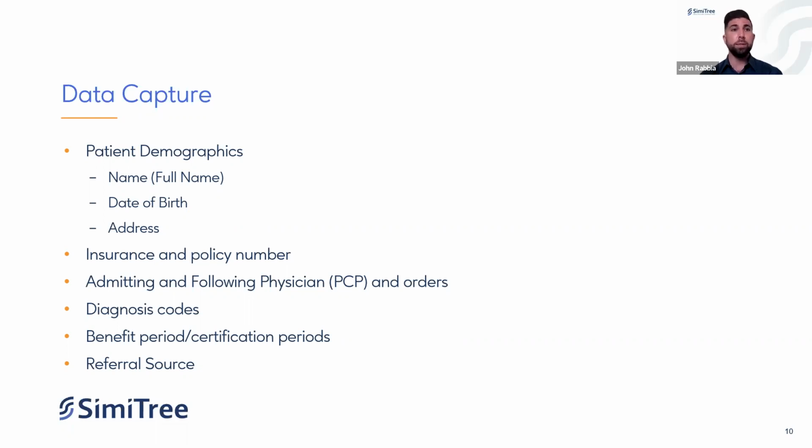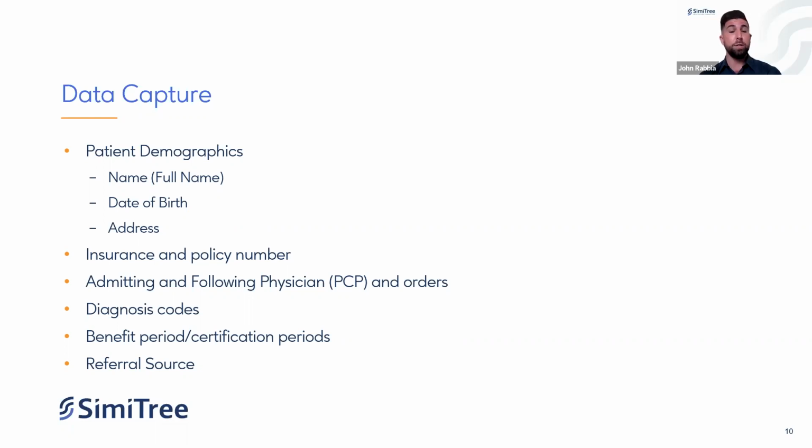Diagnosis codes, or at least enough referral documentation so that whoever is doing the coding can accurately and thoroughly and completely code the chart down the road. We need to understand our benefit period on the hospice side and certification period on the home health side. Again, sounds intuitive, but if we have a patient who's been on service with another home health agency and is coming back to us within a 60-day period, we might end up with a partial episode payment. We want to understand that.